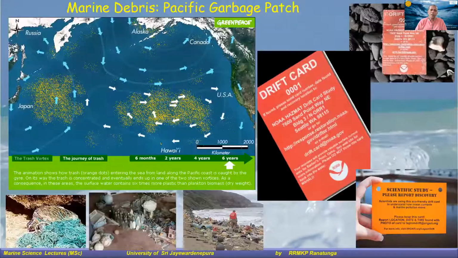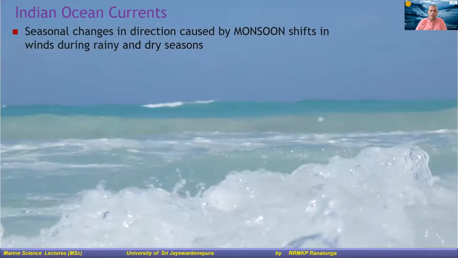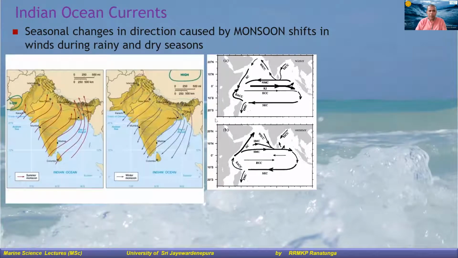Okay, so that's in the Pacific Ocean, but how about the Indian Ocean? There's something we need to be very familiar with, especially in the Indian Ocean. We need to understand the different oceanography in the Indian Ocean, the movement of the currents as well as the weather pattern in the Indian Ocean, right?